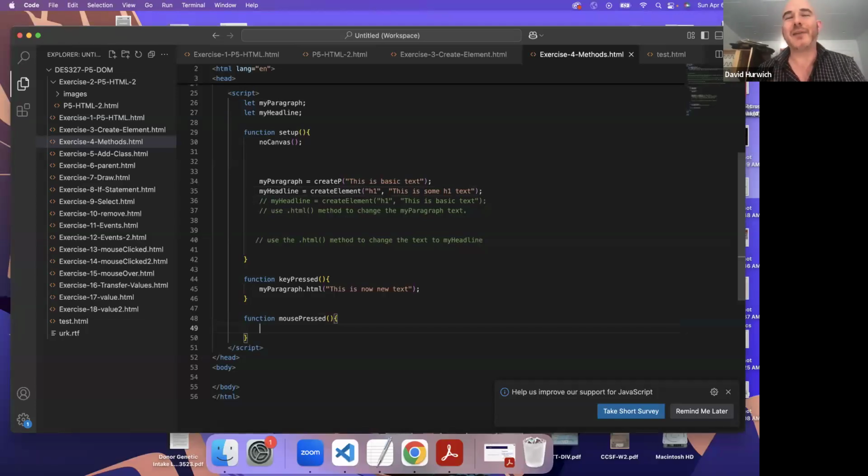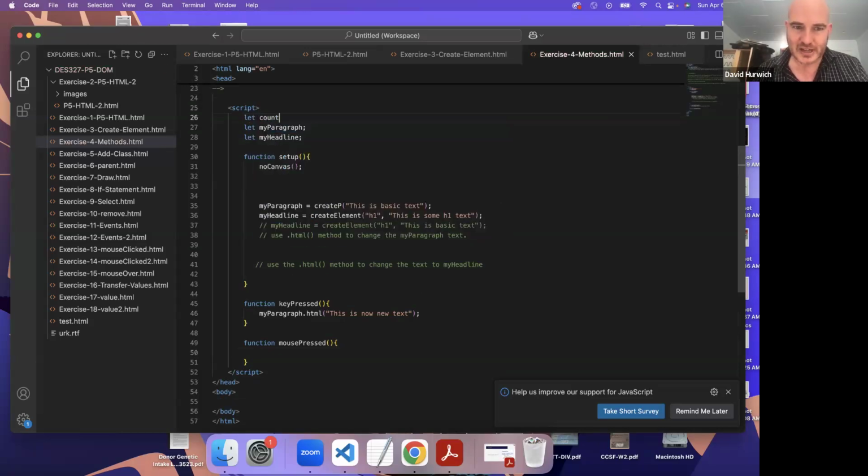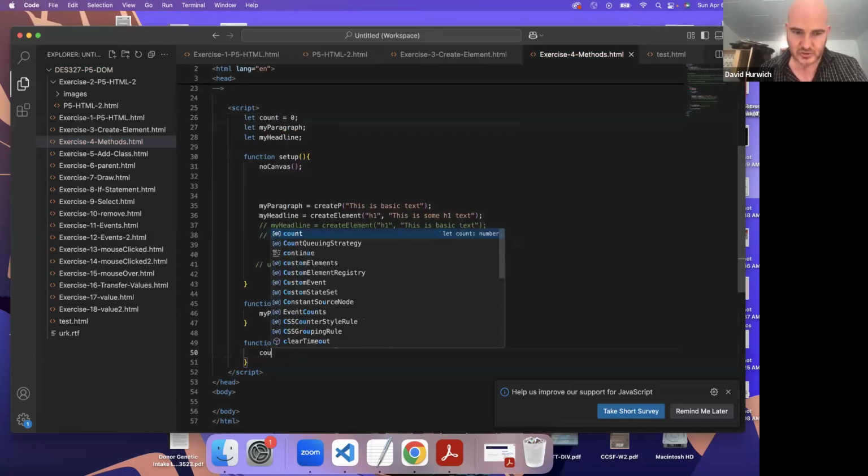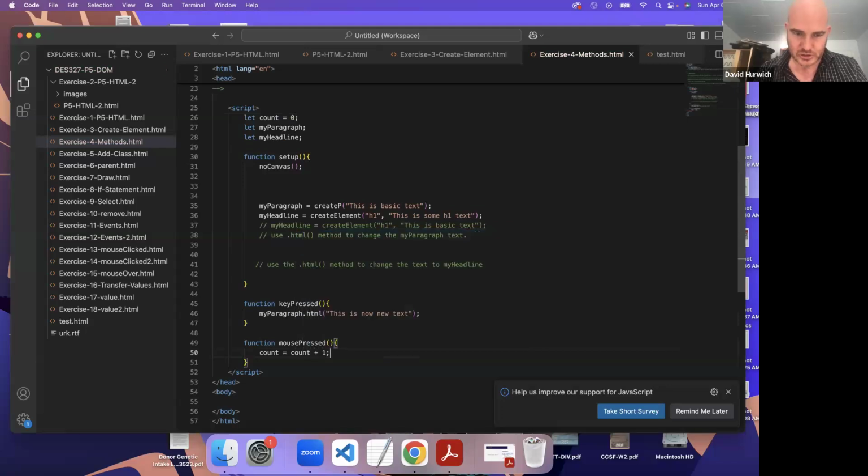I'm going to set it up so that you have to press your mouse 5 times. I don't know why 5, but I just made that up. Let count equal 0. So I'm just making a variable that holds a counter. Count equals count plus 1. If count is more than 5,